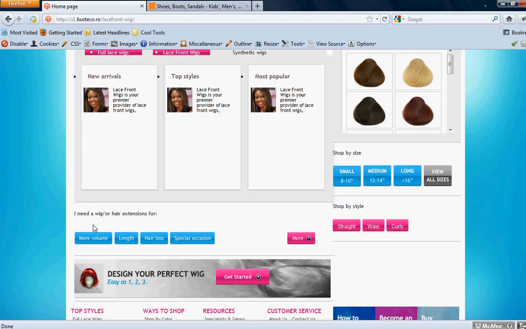Okay, and the last thing here is instead of having to say I need a wig or hair extensions for, or volume, length, whatever, we're actually going to change this. Otherwise, it's going to be too confusing for them. We have to create make-believe things here to products that we don't really have. So it would be better and more efficient and more user friendly for a customer to actually have it where it says find your hair fast and easy. So say find your hair fast and easy here, and it's going to be like how it is, except